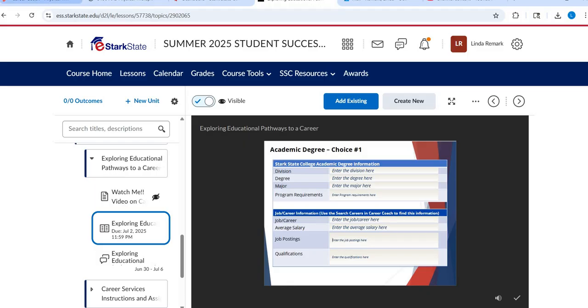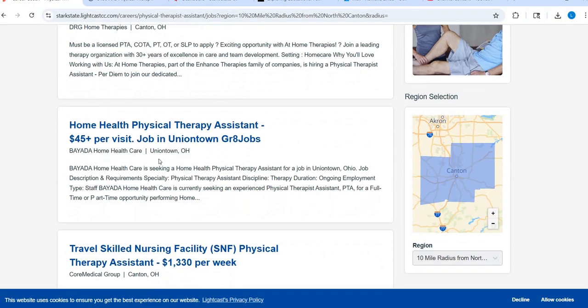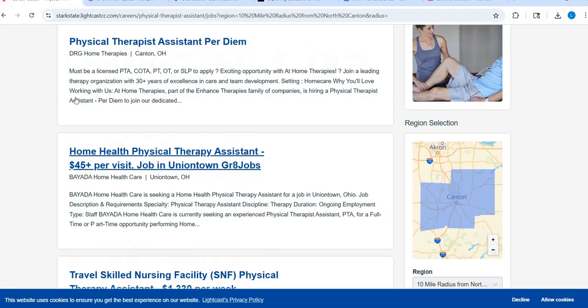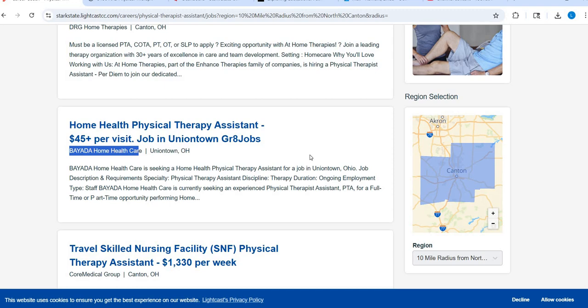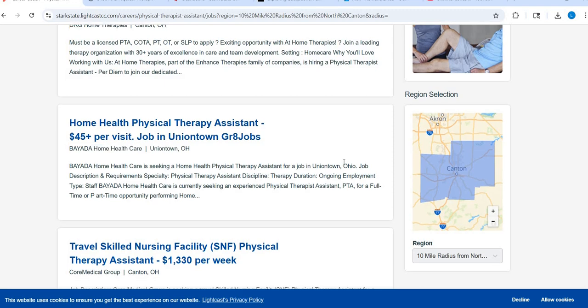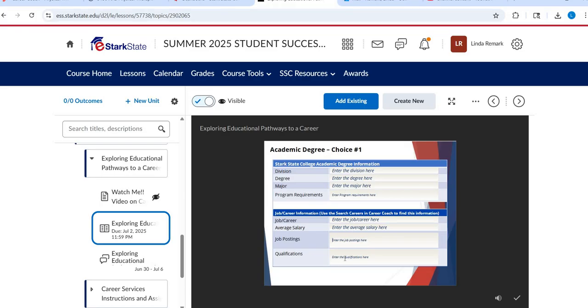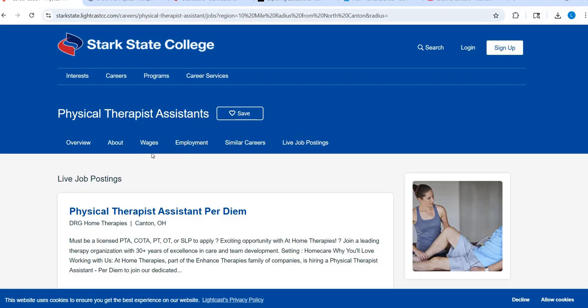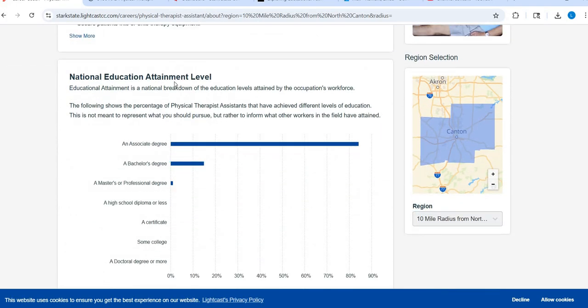Job postings. So I would just come back here to job postings and pick like the first 2. You know, just like, okay, this is right here and right here. If you're lucky, if this is the field you're going into, you'll have a whole bunch there showing you that there is a lot of need in the area. And then qualifications. So I'm going to go in here and click on this and look and say, okay, qualifications.